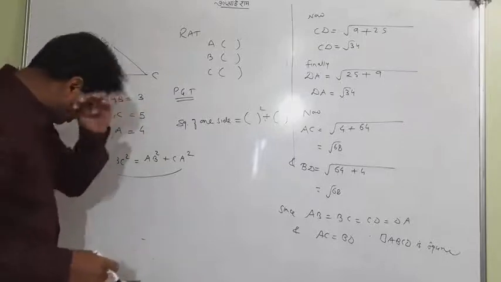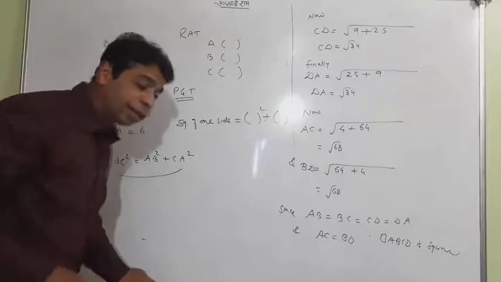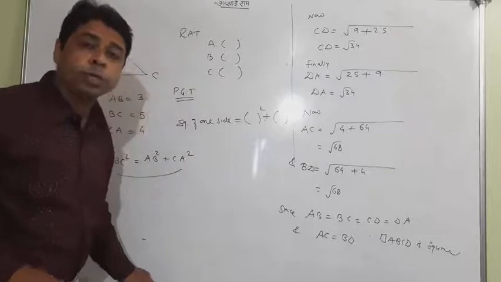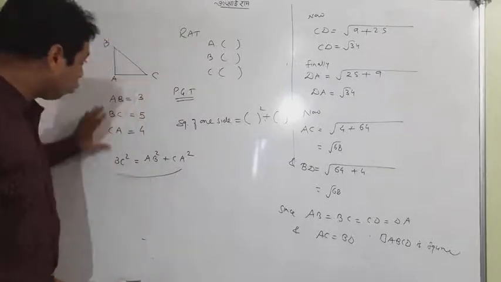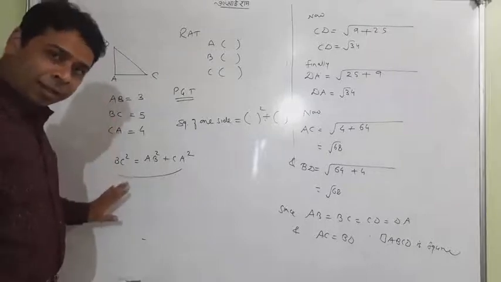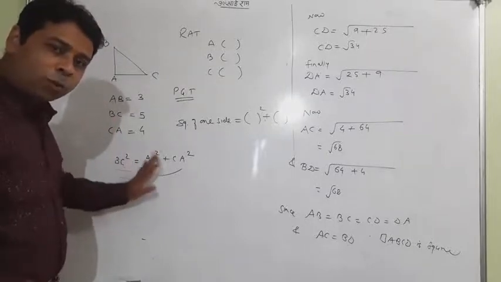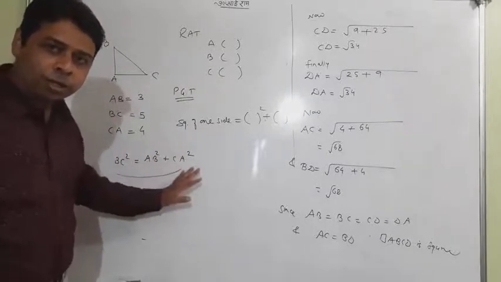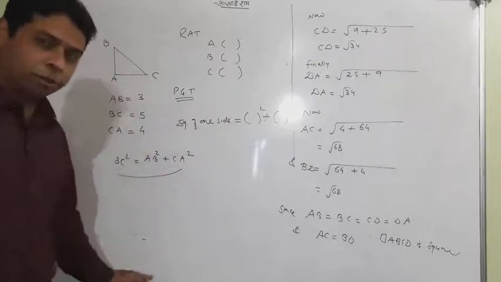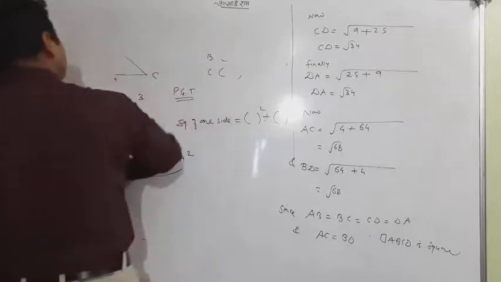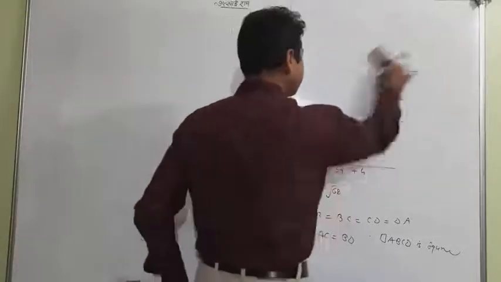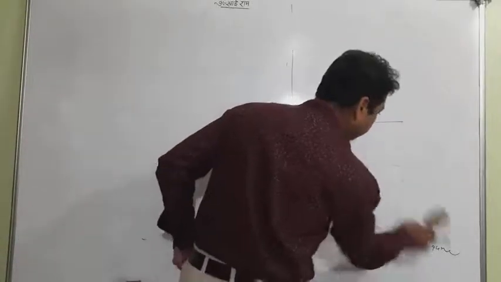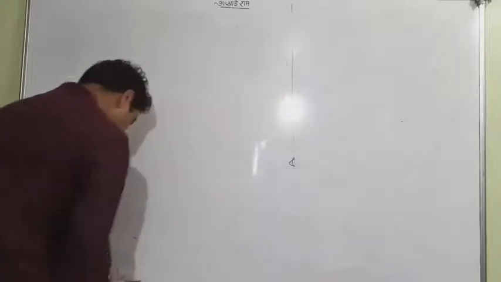So whenever you have to prove the right angle triangle condition, what to do, student? Find all three sides AB, BC, CA and look at whether the square of one side is equal to the sum of squares of the other two sides. If it is true, the triangle is a right angle triangle. So keep that in mind. This was all about the simple application of the distance law, and let me tell you some more questions regarding that.